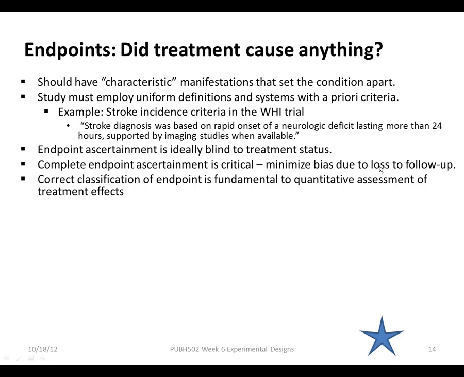We want to minimize any bias due to loss to follow-up. We would expect that people who leave the trial for whatever reason are probably different from the people who stay in the trial. And for that reason, making sure we can track people is very important. And then correct classification of the endpoint. Again, our assumptions about independence, our power calculations, and our sample size are based on being able to say you are in the treatment group, you are in the control group, and similarly you are in the outcome group of interest, you are not in the outcome group of interest. So if we're doing messy endpoint ascertainment, our results are going to be equally messy. So that's something to keep